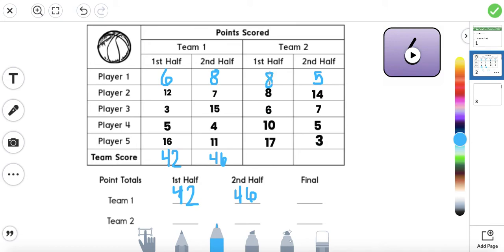I have 8 and 8, which is 16, plus 10 more is 26, 27, 28, 29, 30, 31, 32. 32 plus 7 is 39, plus 10 more is 49. So I'm going to write 49 for the second half, or for the first half for team 2, and then